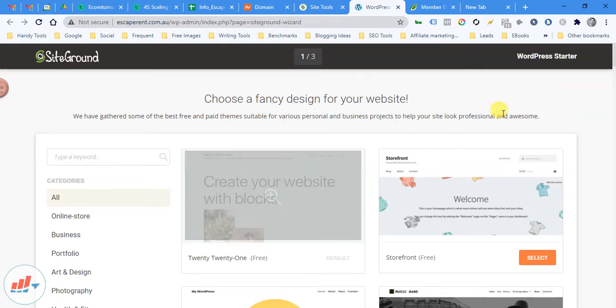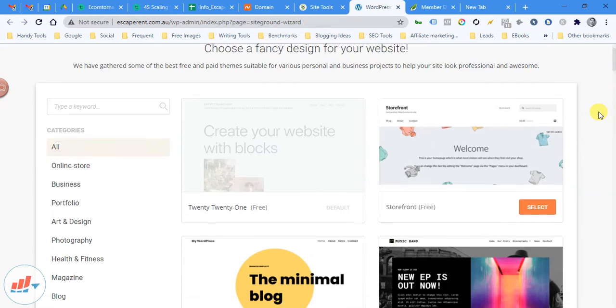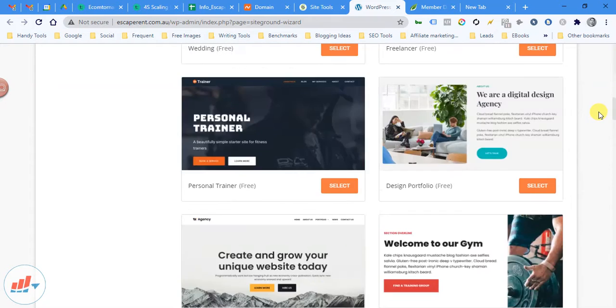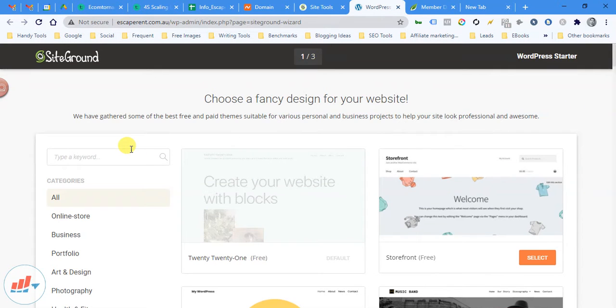So it's asking me, SiteGround provides you a WordPress starter kit, so I think we don't need to choose any of these, because for a simple reason that they are somewhat related to Elementor, and I think we have already purchased Thrive Themes, so we don't need these kinds of themes.